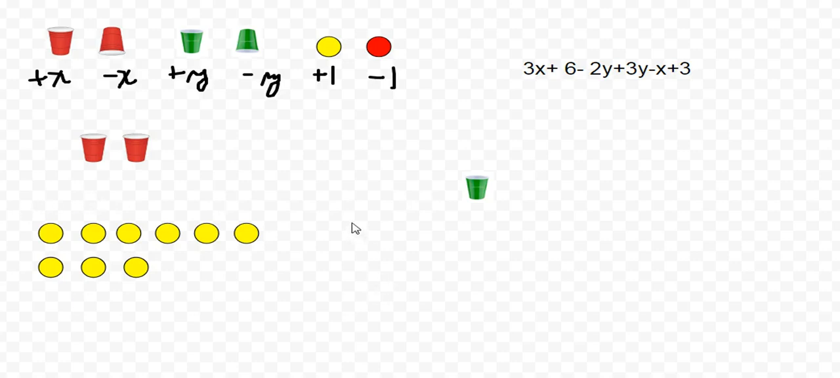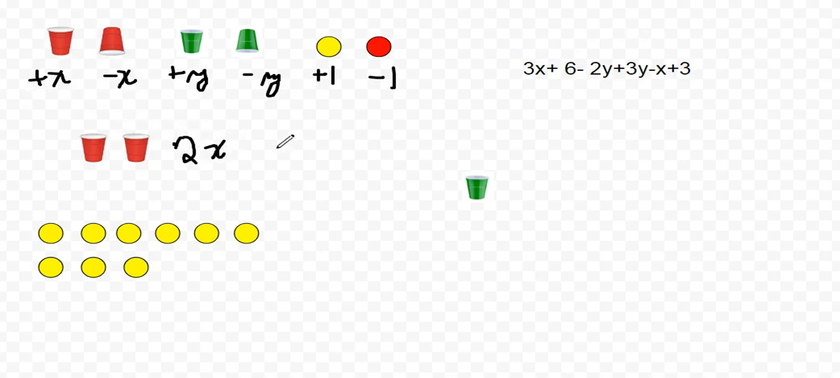And I want to look at my units, my digits here. I have all yellow chips, no red chips. So nothing's going to cancel out. So what am I left with here? I have 2 red cups standing up. So that's going to give me